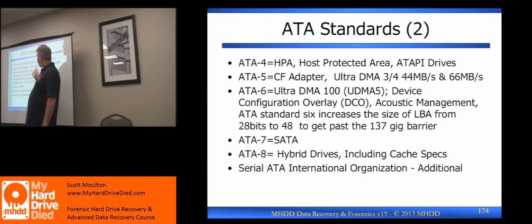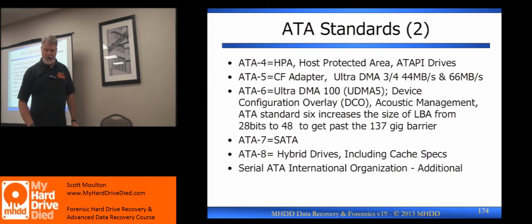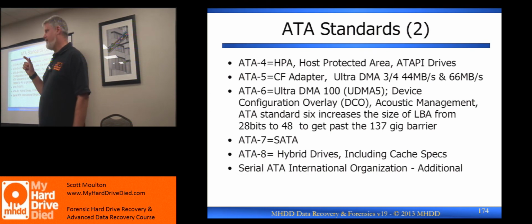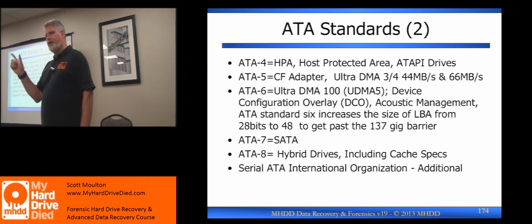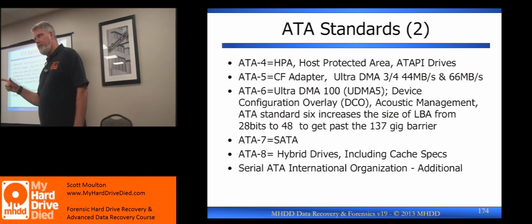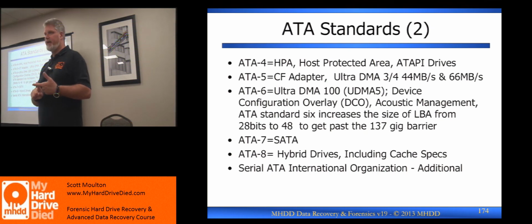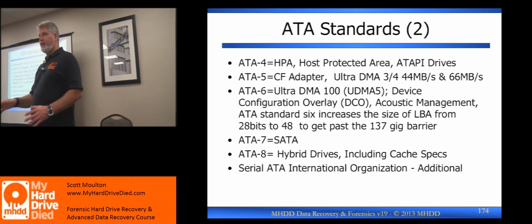Now, the other one that's important is ATA5. CF cards, compact flash cards that professional photographers use, are the only memory that has its own ATA spec. Why is that important? Because I can actually treat it like a hard drive. If you give me a compact flash, I can boot on it just like I boot on a hard drive. I format it the same way I format a hard drive. If you gave me one to recover, I can plug it straight into the DeepSpar as a hard drive. It is not memory, even though it looks like memory.